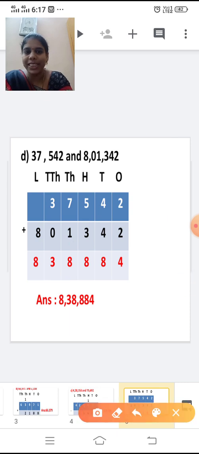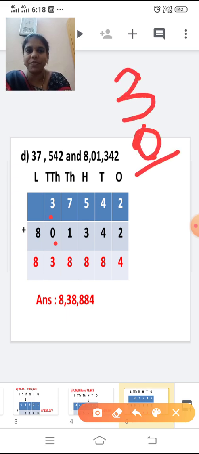Next one, add the 10,000 place. 3 plus 0. 3, I am going to add 0. So the answer will be the same, 3, right? So write 3 directly here. And 8: there is no number to add, so bring down that 8 below. So the answer is